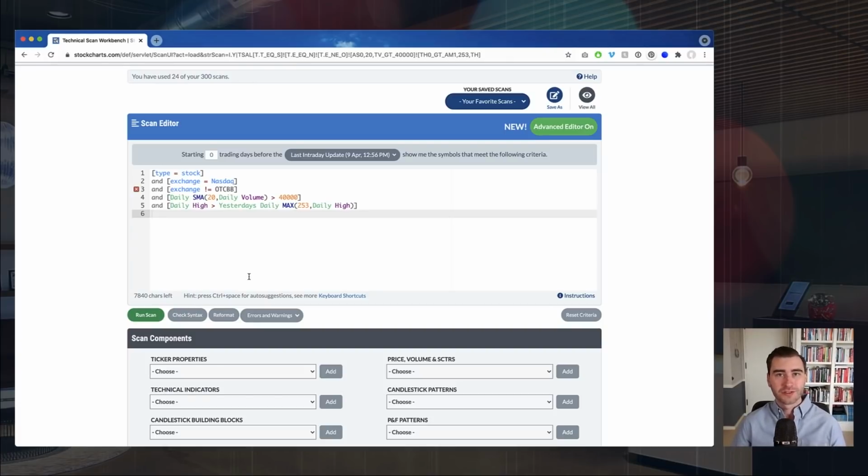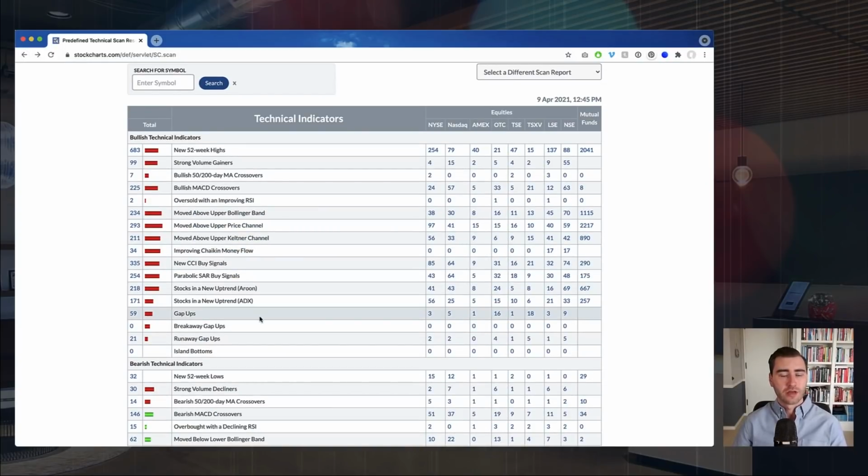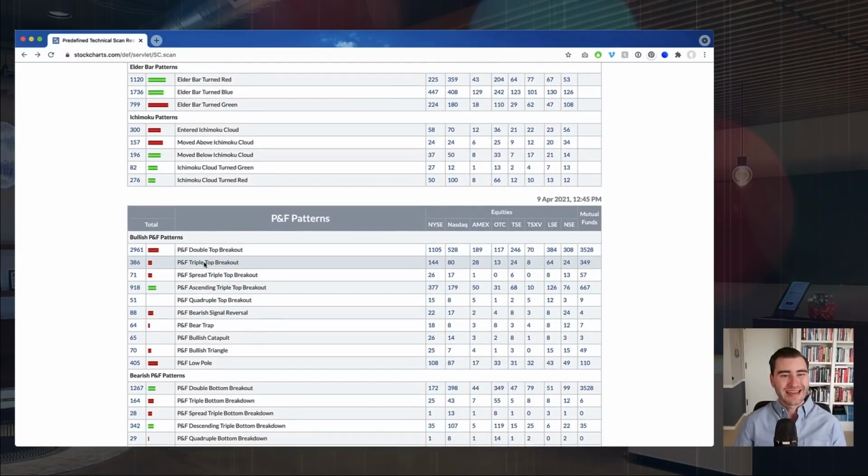That's a tip that I love to give people, because like I said, it's a great way to start to get used to scans and the syntax and all that. But it's also a great way to go out to those predefined scans and start to put them together. So let's say we go back to our main list, and you wanted to do P&F triple top breakouts, 2 new 52-week highs. You could come down to the predefined scans page. You could come over to the P&F triple top breakout syntax. You could click here